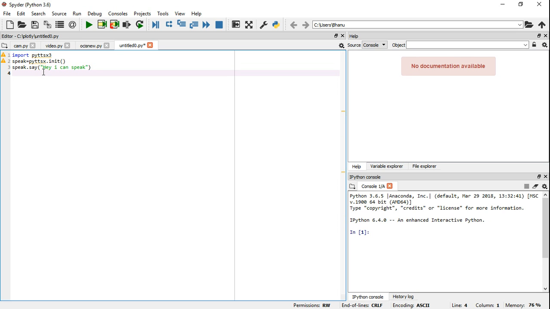So now one more line you need to write here, speak dot run and wait. It will allow your program to completely convert this text into speech and wait till that time. So using these 4 lines of code, I think we will be able to convert this text to speech. Let us test it by running the code.